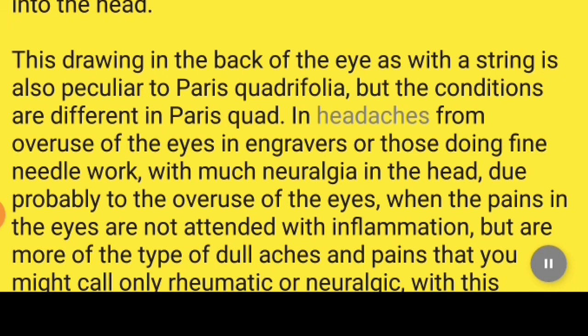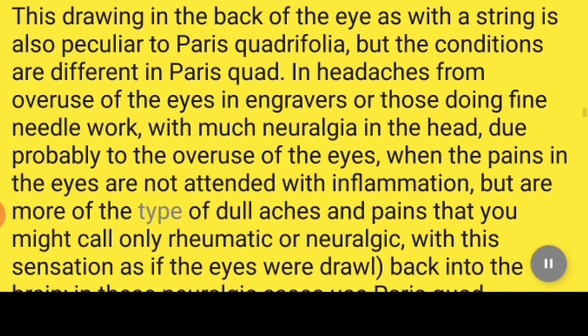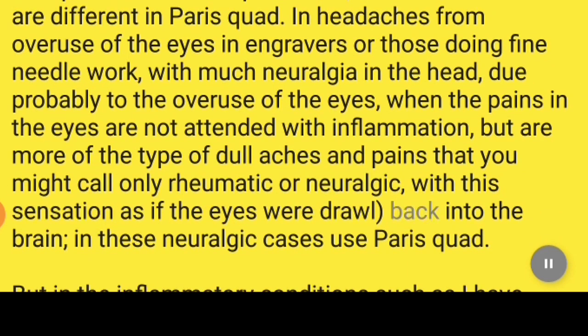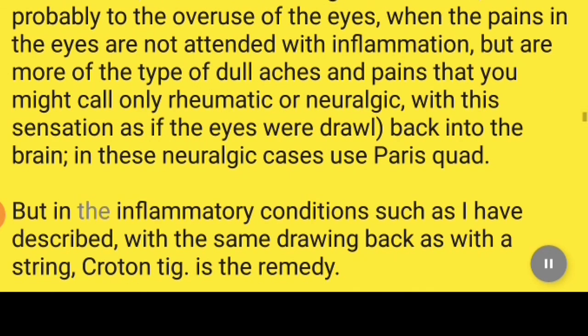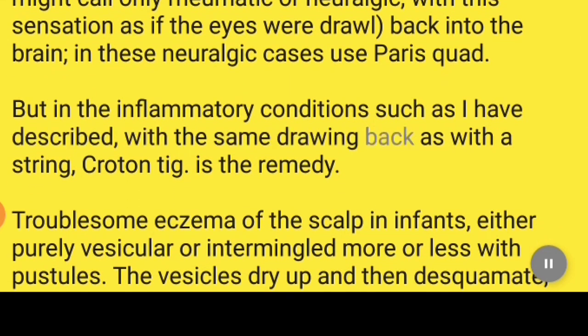In headaches from overuse of the eyes in engravers or those doing fine needle work, with much neuralgia in the head, due probably to the overuse of the eyes, when the pains in the eyes are not attended with inflammation, but are more of the type of dull aches and pains that you might call only rheumatic or neuralgic, with this sensation as if the eyes were drawn back into the brain. In these neuralgic cases use Paris quad. But in the inflammatory conditions such as I have described, with the same drawing back as with a string, Croton